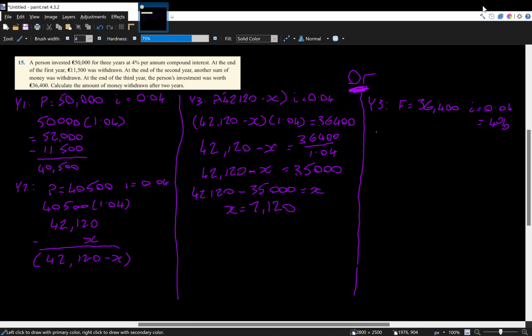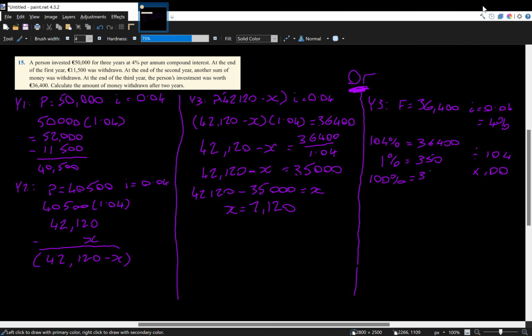That means 104% of our starting amount from year 3 is equal to 36,400. So if 104% is equal to 36,400, we divide by 104 to get down to 1%. So 1% is equal to 350, and then we multiply by 100 to find our 100%,